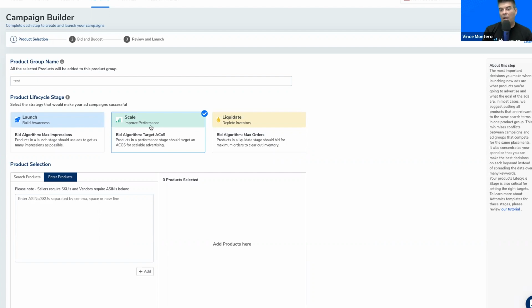So if a brand new seller comes to us, I would recommend they use the launch to get the impressions, to get the data and visibility that they need. If it's a user that already has maybe campaigns running, or maybe they have done some research before, and they do know their target ACOS, they can select this. But liquidate is